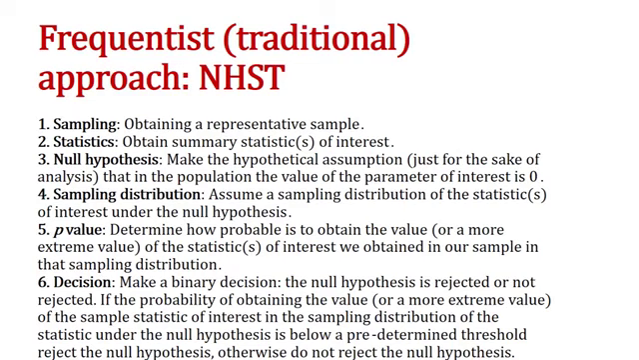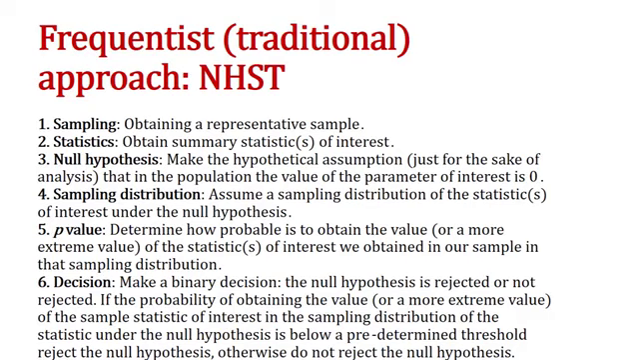This approach, which we call NHST, has a number of steps. It starts with obtaining a representative sample. The second step is to obtain a summary statistic or a number of statistics of interest. The third is to define a null hypothesis, that typically is that the value of the parameter of interest in the population is 0. We are going to see other possibilities as well. And the fourth step is to obtain a sampling distribution of